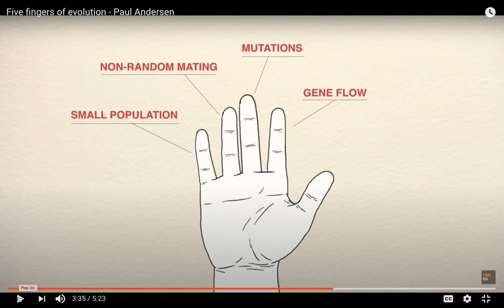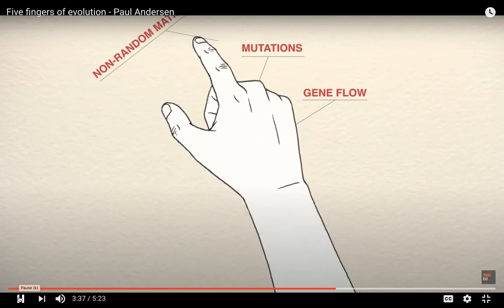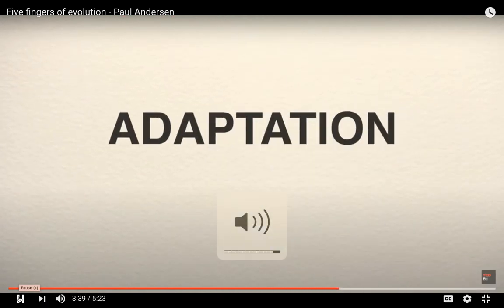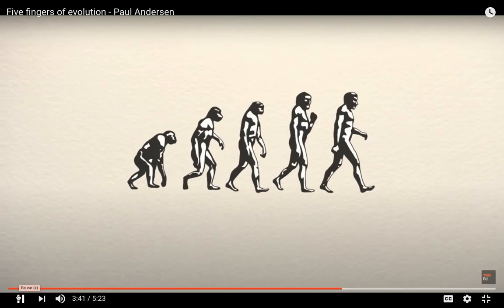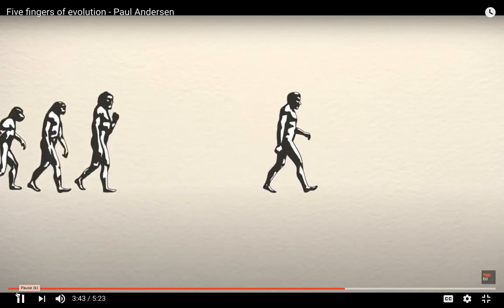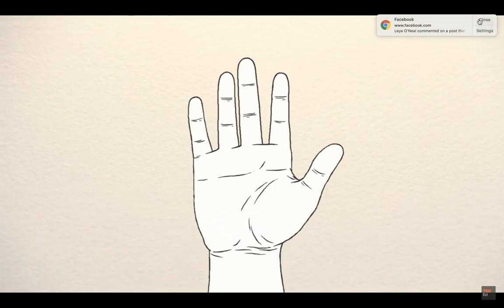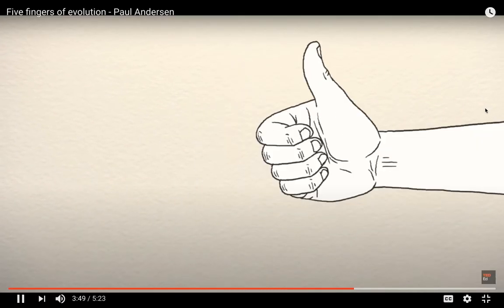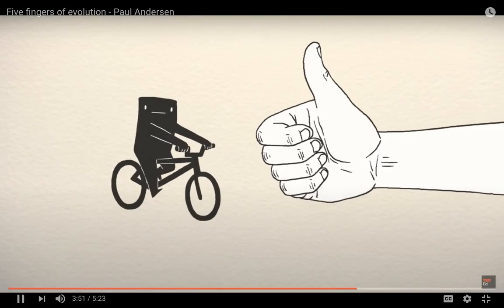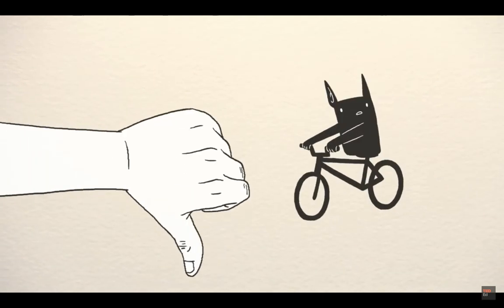So I'm going to show the last 2 minutes of this video. And gene flow. However, none of them lead to adaptation. Natural selection is the only process that creates organisms better adapted to their local environment. I use the thumb to remember this process. Nature votes thumbs up for adaptations that will do well in their environment and thumbs down to adaptations that will